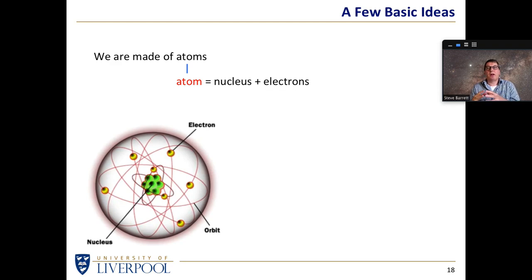An atom, despite its name, is not indivisible. It's made up of smaller objects. And in principle, we can take an atom and rip it apart and find out that it's made of a nucleus and electrons. As far as we understand it, electrons are fundamental particles. They're not made of anything. You can't take an electron, cut it in half, and look at what's inside. As far as we know, it has no insides. It is just a fundamental particle.